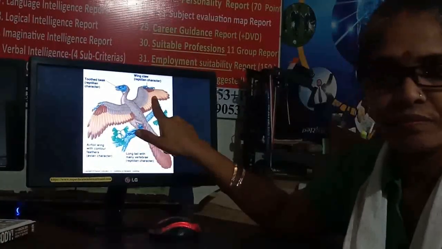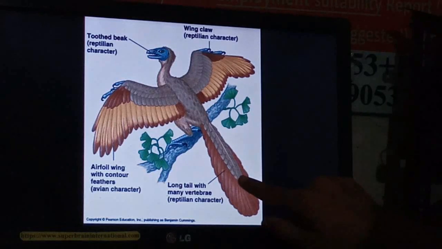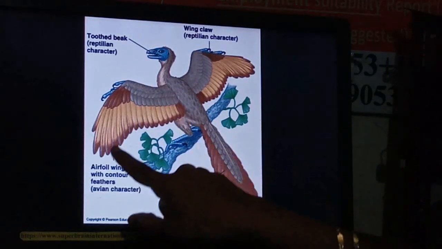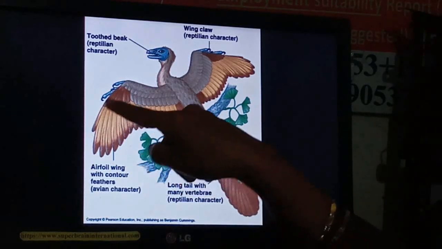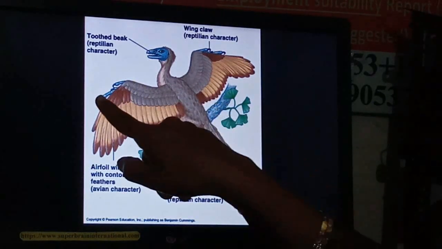So this is just a connecting link, and it did not survive for long, so we have a fossil of this organism. In its characteristics, if you see, it is looking like a bird. It has wings like a bird, right? It has a long tail, but in that also many vertebrae are there, as in the reptiles, and the feathers are there as in the bird. Here also the feathered wings are there as in the bird, but at the end of these feathers you can see here the nails are there, right, which is generally absent in the bird. So this proves that